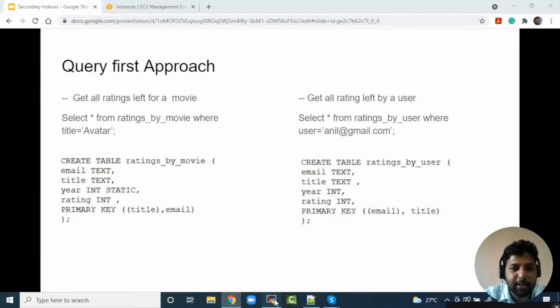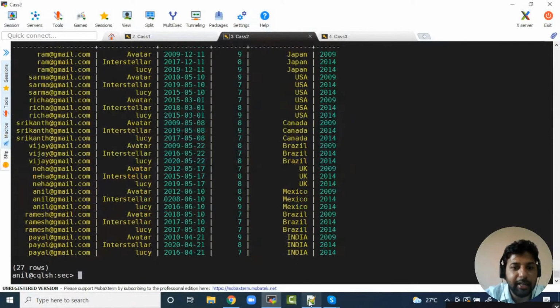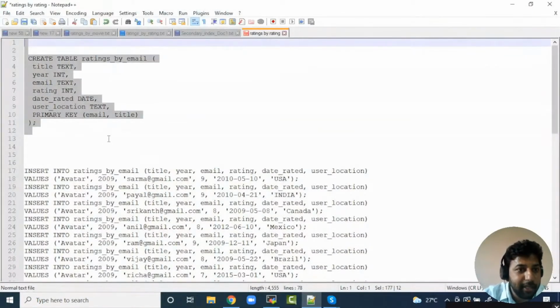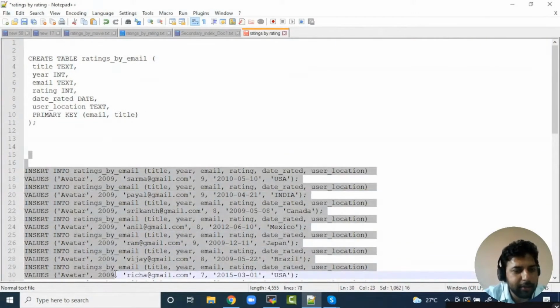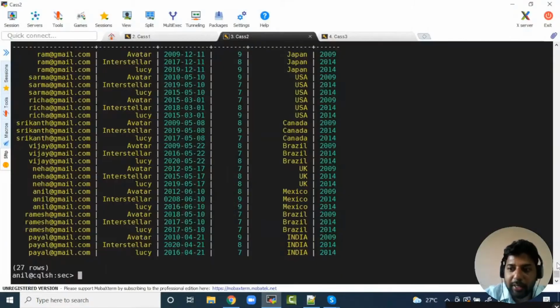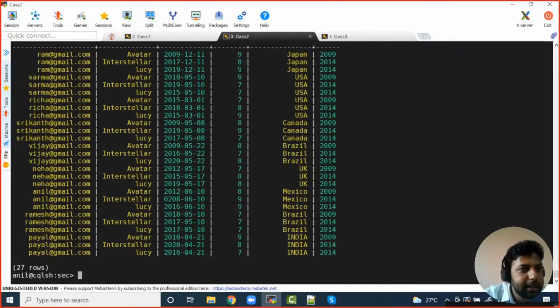If you notice, what I just did is I created a ratings-by-email table where email is my partition key. I loaded the same insert queries; nothing changed, everything is the same. Now when you store it, it stores by keeping your user as a partition.